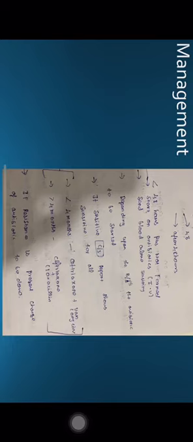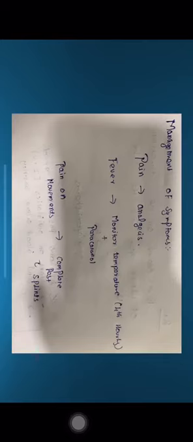And management of symptoms should be done accordingly. Like for pain, we can give analgesics. For fever, we have to monitor the temperature 4th hourly, and we can add paracetamol. Because the patient will be having pain on movements, we should support the limb with a splint or complete rest. A splint is a device, like an immobilizer, which won't allow the joint to move, so it might reduce the pain. So appropriate management of symptoms should be done.